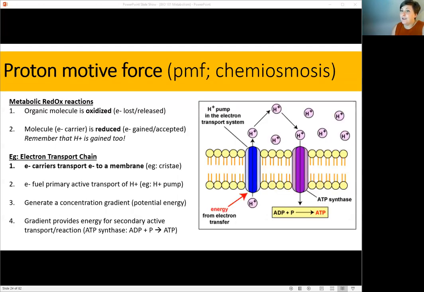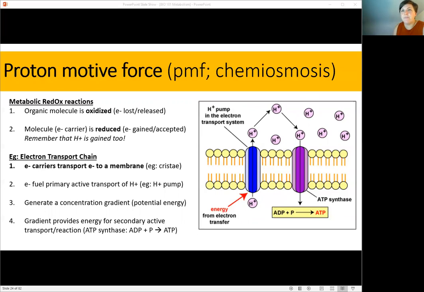Hydrogen ions are hydrogen atoms that have lost their electrons. The atomic number of hydrogen is 1, and they have no neutrons. Because they're literally just one proton, they're sometimes referred to as protons. So when a concentration gradient of hydrogen ions is created, this is sometimes referred to as a proton motive force,